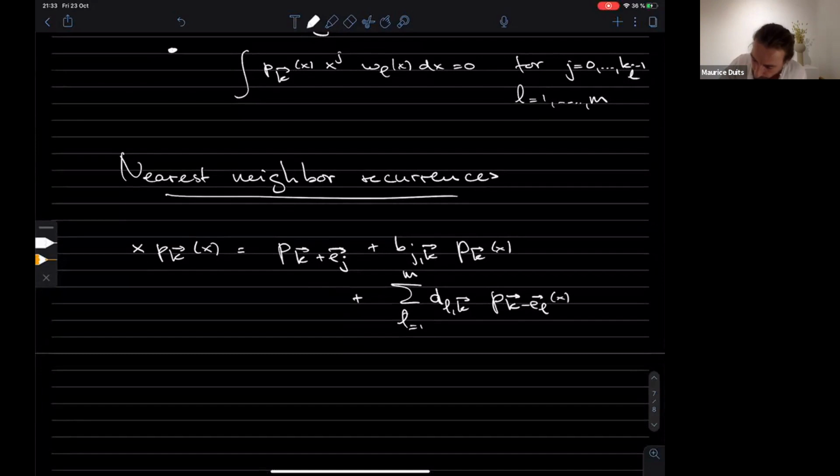Now I should also say, these coefficients that you see here, a_k, they do not really depend on which j you chose here. They're always the same, okay? So these a here, they only depend on k, but not on what I chose here. So this actually gives some sort of consistency